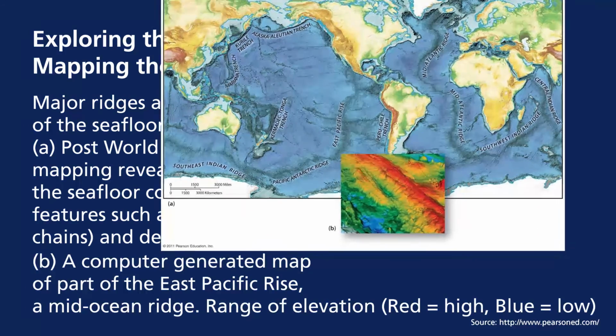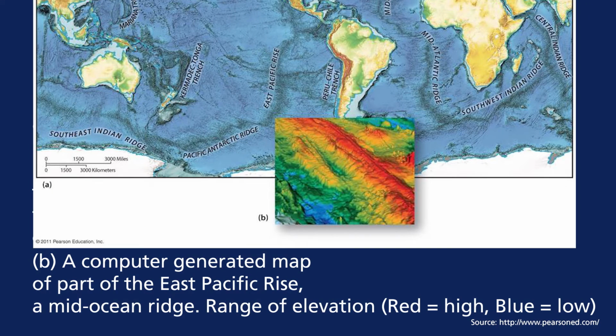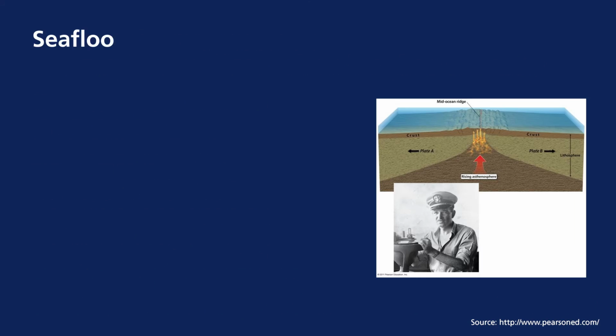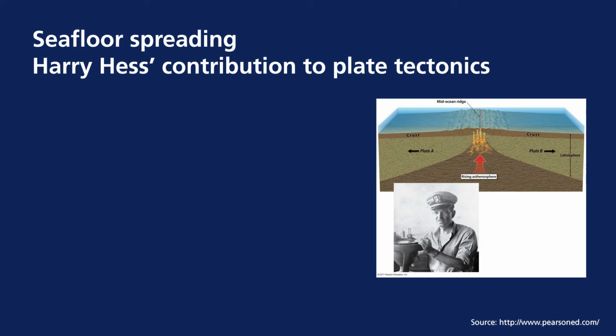A computer-generated map of the East Pacific Rise, here on the right-hand side in the smaller part B of the figure, shows the difference in elevations on the East Pacific Rise, the red being the highest elevation and the blue being the lowest. So how did these come about? We see now these ridges